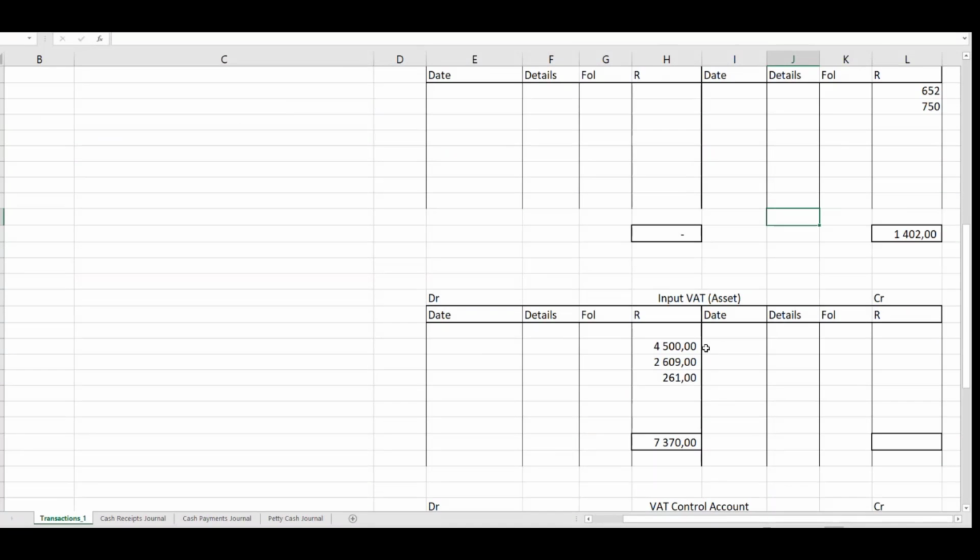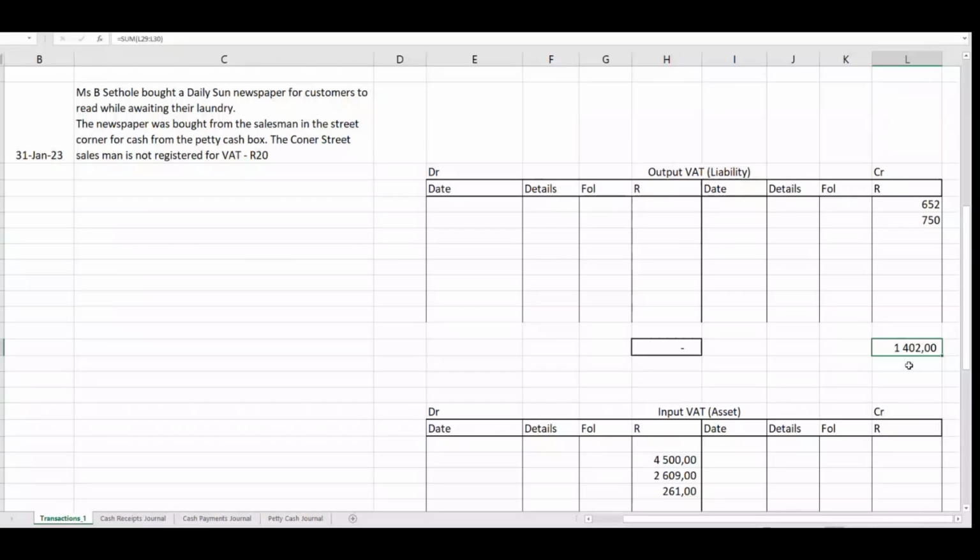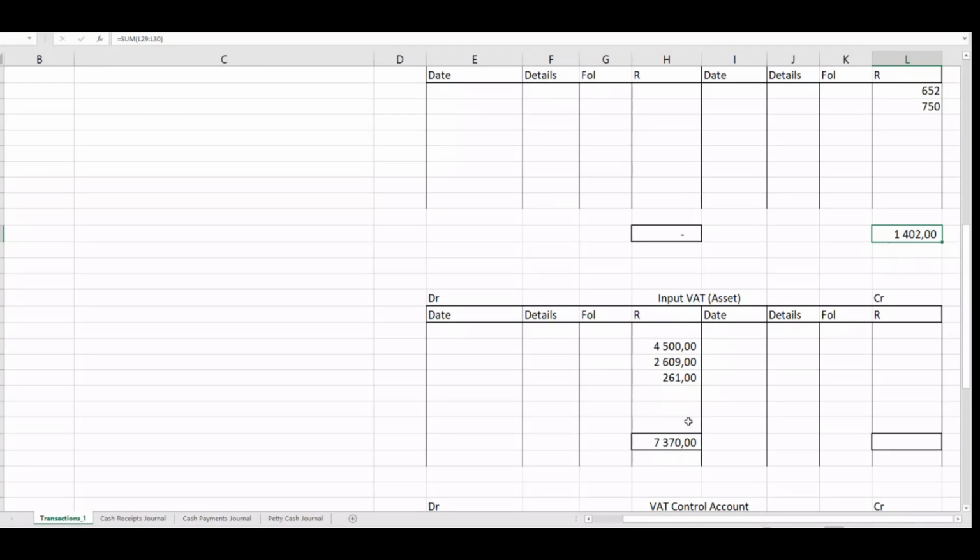What we'll pay to SARS or what SARS will owe us is the difference between the two. So meaning the total output VAT, which is 1,400, and the total input VAT, which is 7,300. The difference becomes what SARS owes us or what we owe to SARS,